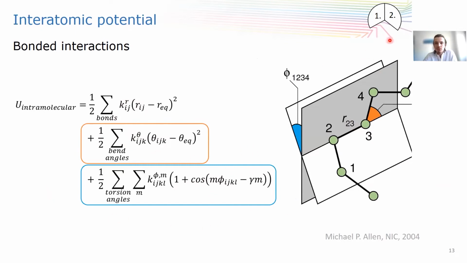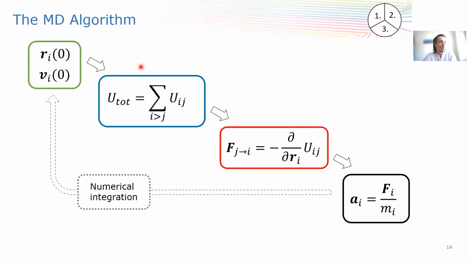So, okay, this was step 2, and let's take a look at how this molecular dynamics cycle looks. We start with some initial positions and velocities. Then we introduce the intramolecular potential. Then we will calculate the forces on this molecule using the negative gradient of this potential, and eventually we will solve Newton's equation